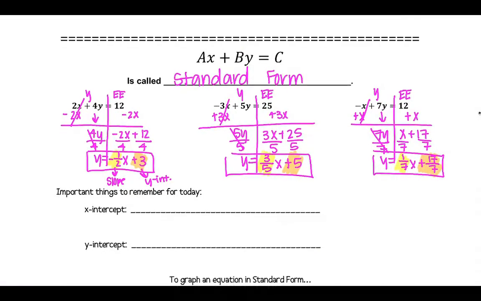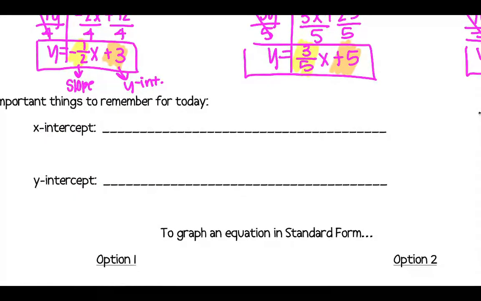There it is. Important things to remember for today. One is your x-intercept. This is on the x-axis, where your graph crosses your x-axis, and the point is given x comma 0. So whatever number x is, if it's crossing at 5, it's 5 comma 0. Crossing at negative 2, it's negative 2 comma 0. Y-intercept is on your